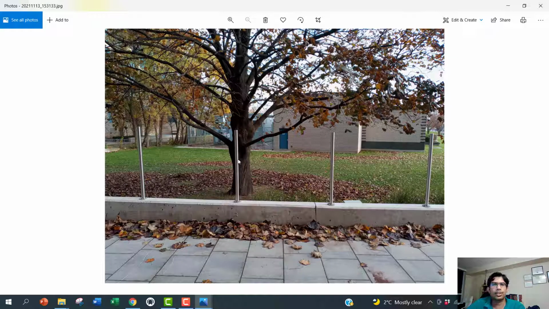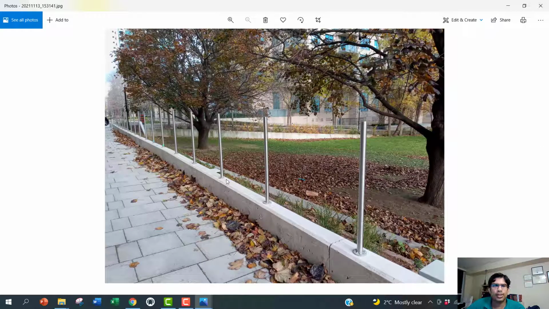So this one, see, these are some smaller bollards, bollard 1, 2, 3, 4, and this is the strip footing of reinforced concrete. So this is another one. This is all the bollards to protect the building from any accidental situations. And these bollards, the pillars or the steel pole, that is the bollard, and this is the reinforced concrete footing and foundation.